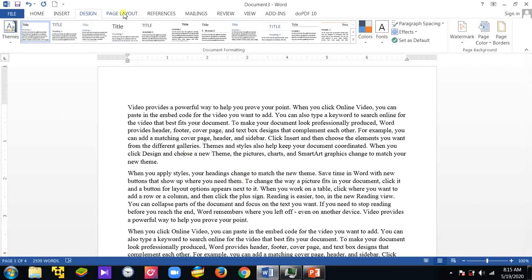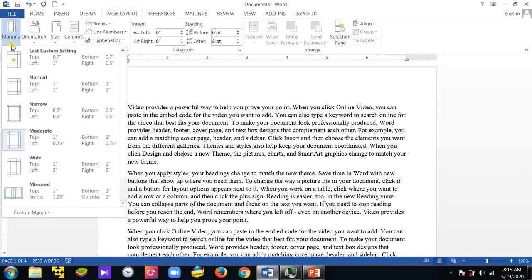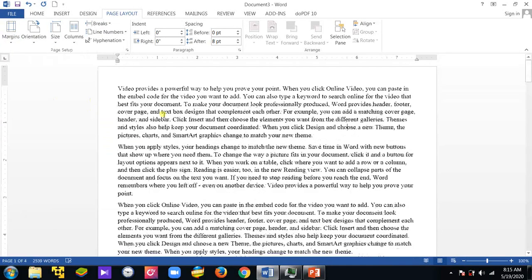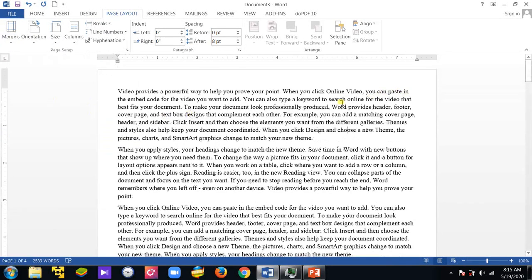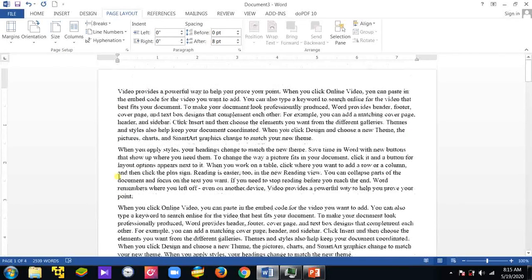All right, let us apply another one. So I click on the layout, come to margins. Let me apply narrow here. You can see that the content covers more space,